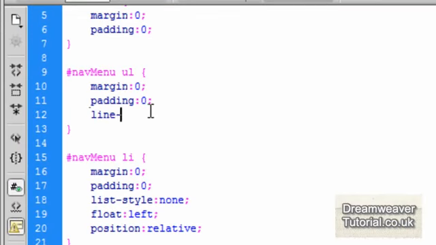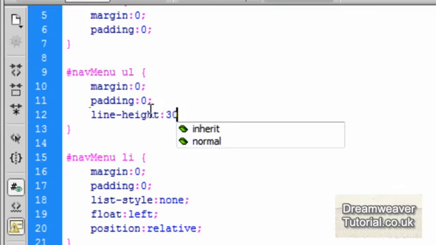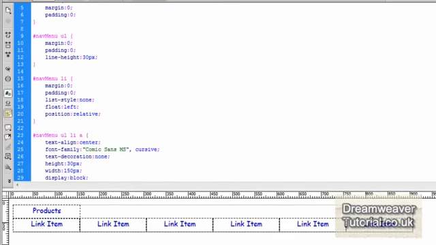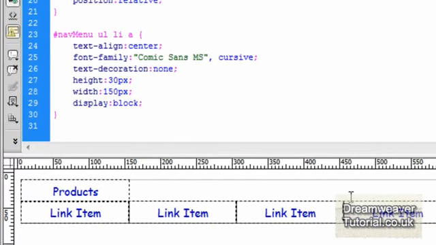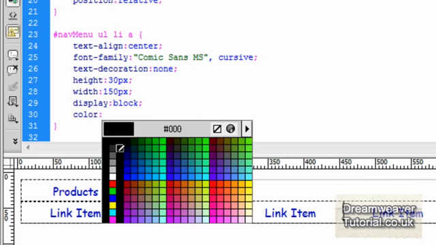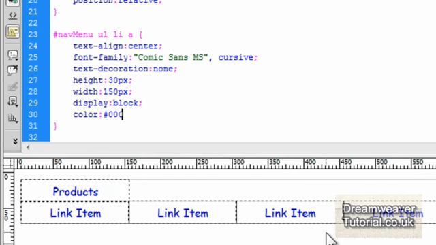Okay, so I'm going to center all of the text as well inside of that area. So I'm going to type in line-height: 30 pixels inside of the nav menu UL. Okay, you can see that centered it nicely there. Okay, I'm just going to adjust the color of the text links to black. So I'm going to type in color: #000;